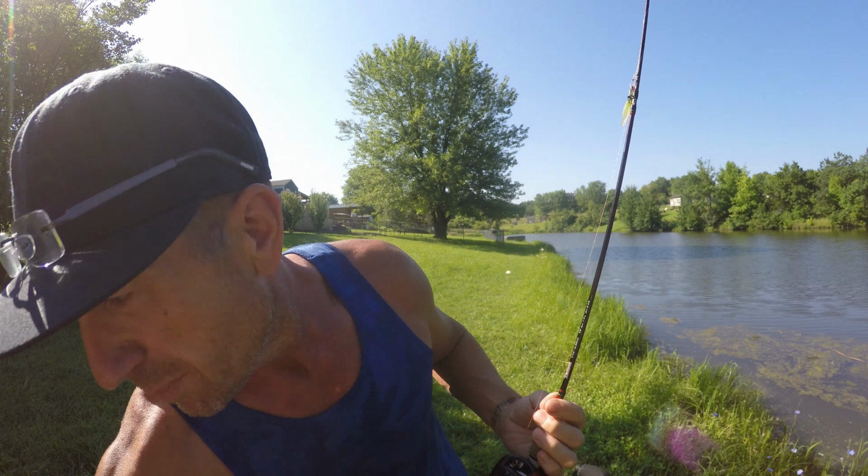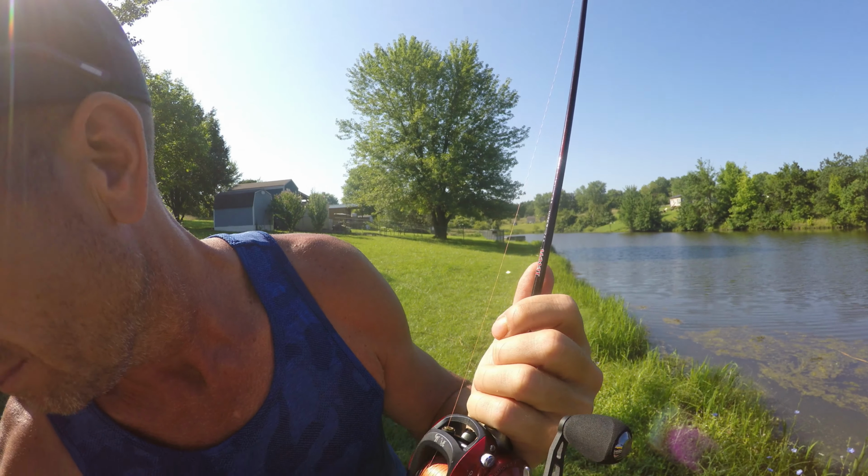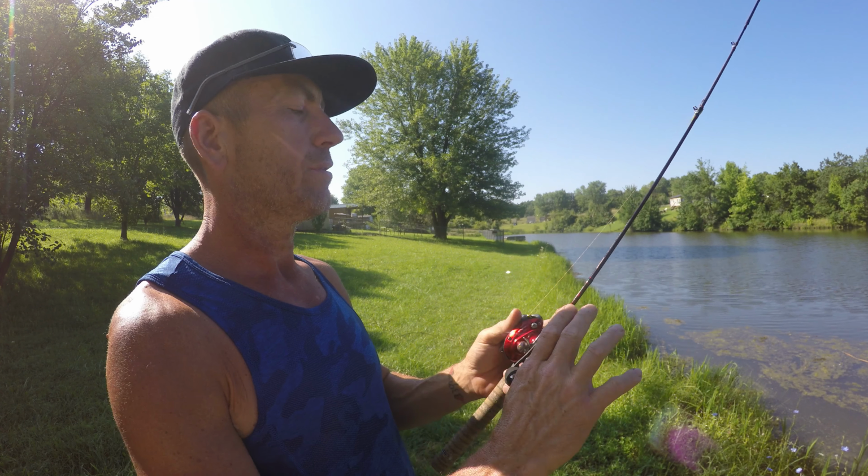And that's the reason I use this, basically because this has the clicker and is a lighter weight reel than this, and that's why this one just kind of sits now, after I did my testing. You can get the drag clickers for this one also, but